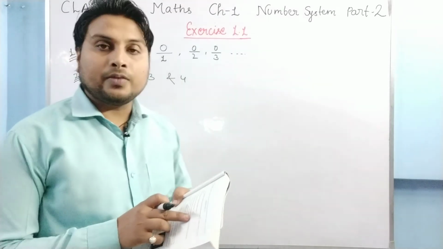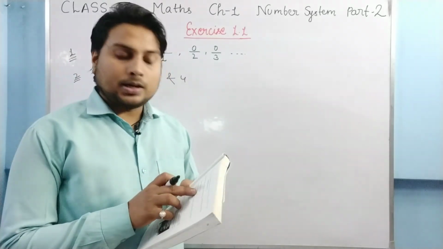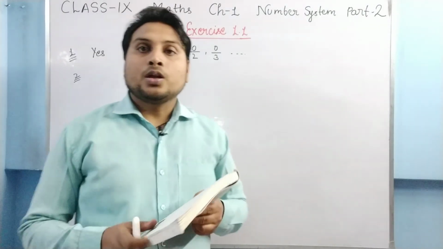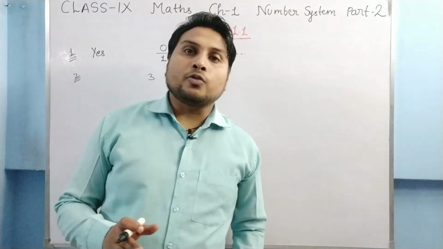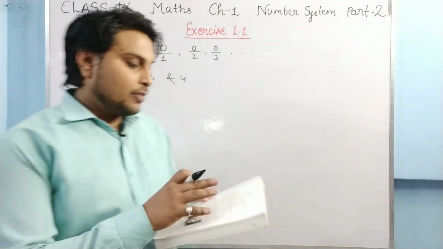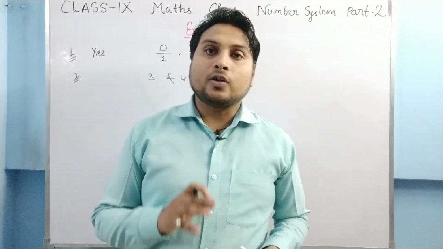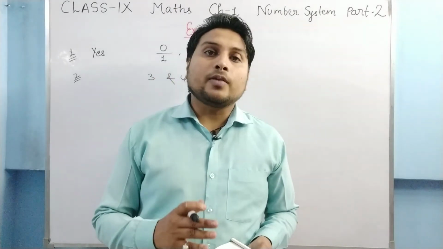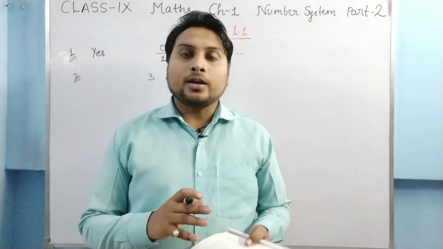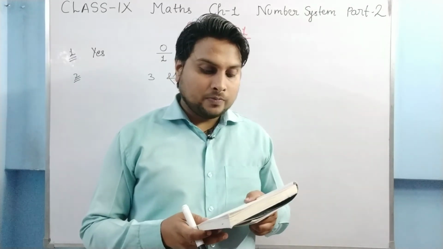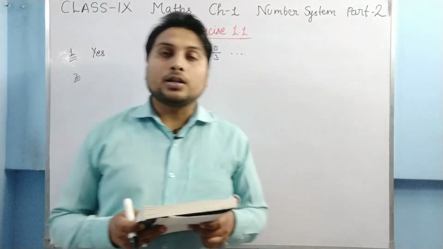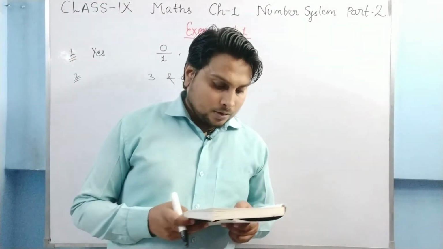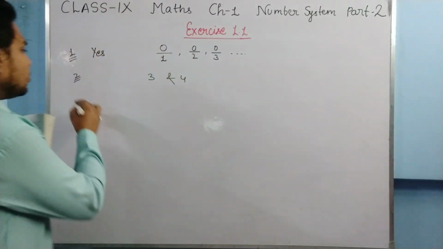Denominators are 5 and 5. Okay, so you can compare the numerators directly. Numerators are 3 and 4. So in between 3 and 4 we cannot find 5 rational numbers directly. For that we have to increase the gap, and for increasing the gap what we have to do? We have to multiply it by 10 upon 10. So one will be 30 upon 50, the other one will be 40 upon 50, and hence we can find the gap. Okay, so third question also you can do by yourself.